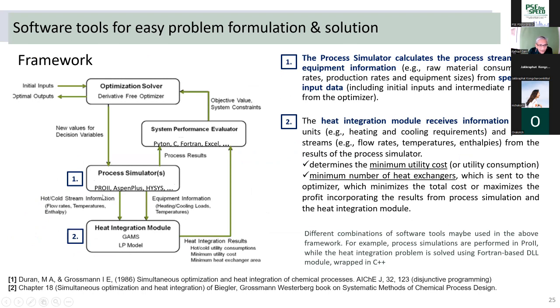And so what happens is that during the simulation, when it needs to do the optimization, it comes here, and then it finds out that to calculate the objective function, it needs to first solve the heat integration module. From the heat integration module, it will get the reboiler duties, condenser duties, all of those things. It will go to the optimizer. The optimizer will give new values, and then it will continue. And this is what you will see in the case study applications.